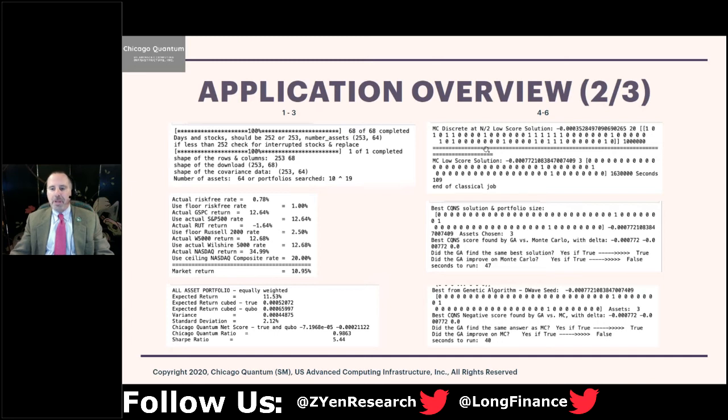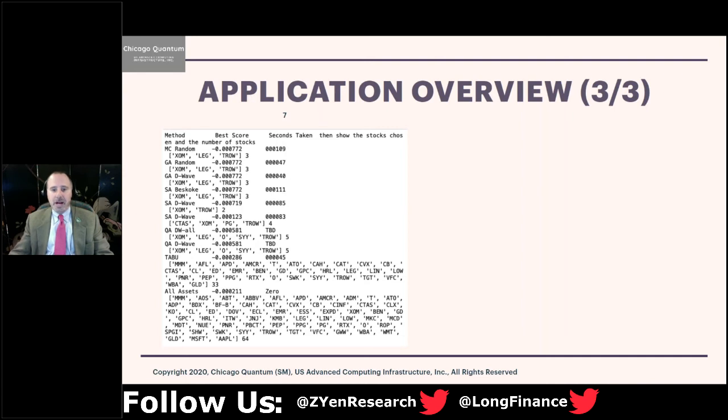Upper right, the discrete probability gave us a Chicago Quantum net score at pick 20 stocks of negative, just call it -3.5. The one where we did the fat tail, 3 stocks, -7.7. Then we did the genetic algorithm, which gave us the same 3 stock answer. Then we did the genetic algorithm after the fact with the DWave seed and all the other seeds, and that was 3 stocks, 7.7. So we knew we had a winner that was consistently being chosen by the different methods. Next slide, please.